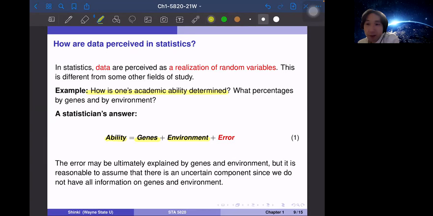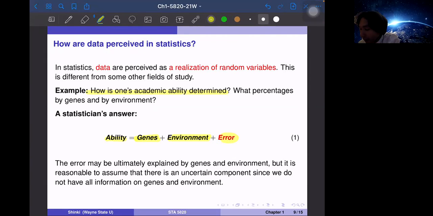And often, for example, the physicists just decompose ability into gene and environment. But usually, we have some errors. So even though the genes are entirely the same, maybe twins or even triplets, and the environment looks the same, raised in the same family, their performances are still different. And why? Maybe physicists claim that, okay, we have slightly different genes or slightly different environments. Okay, so they are given slightly different Christmas presents.